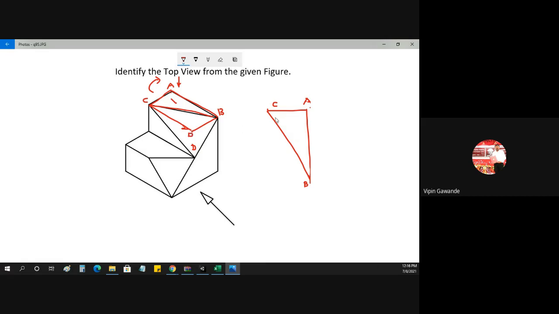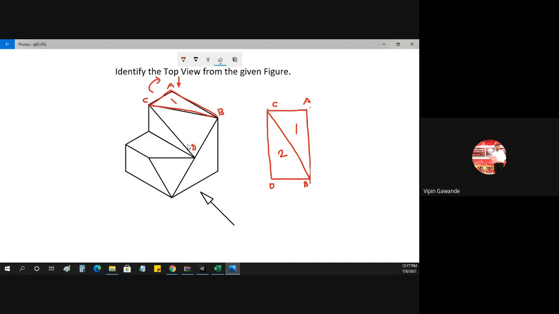So we'll get a triangle something like this. This triangle is 2. It comes here something like this. This is our D point. I have shifted this D point upward. So when I shift this D point upward, then the inclined line DB becomes horizontal, and this CD line becomes vertical. So I got here 1 and 2 surface. One surface, second surface is inclined.